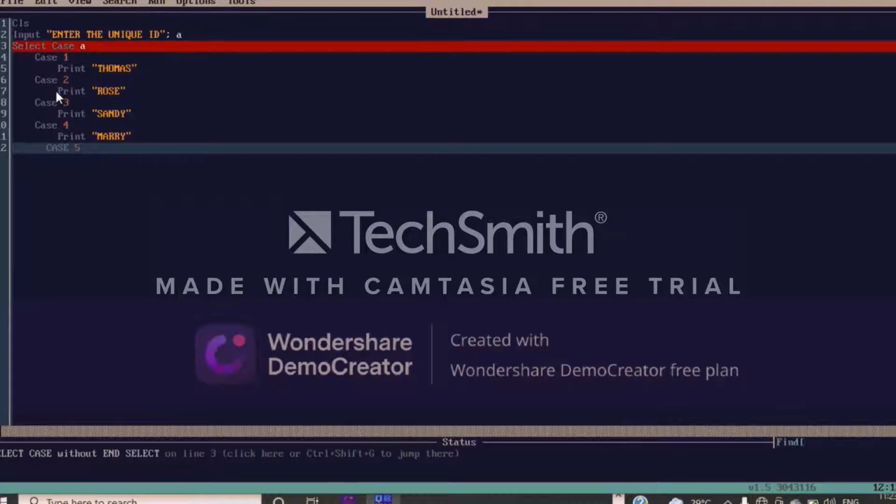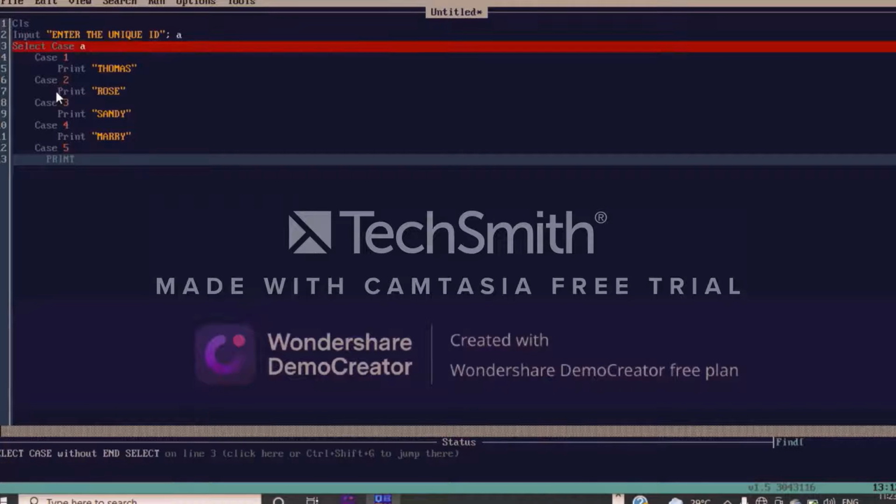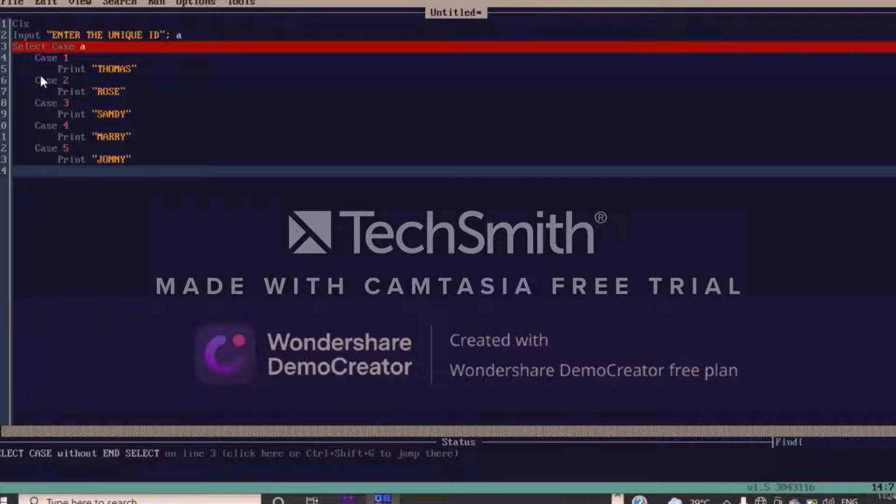Case 5, print John. Now as you see, with different case numbers I gave the names of different students: Thomas, Rose, Sandy, Barry, Johnny.